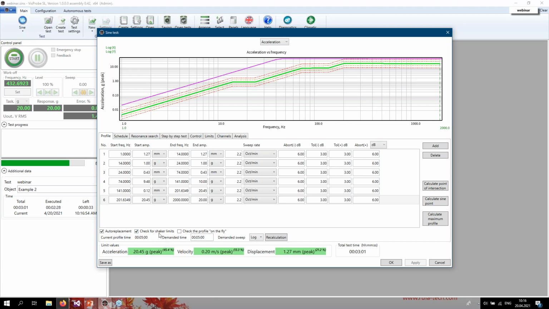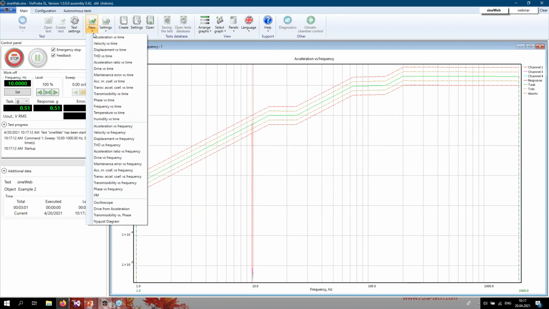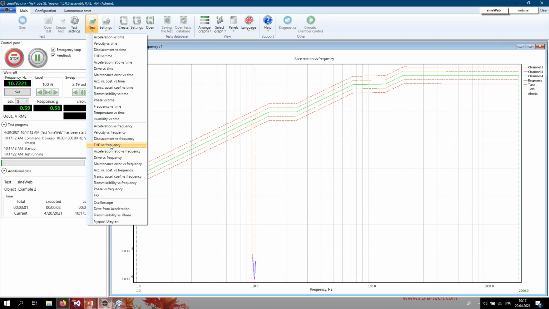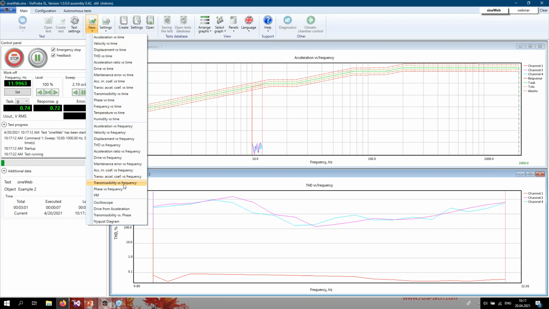So we're going to start our test with this checkbox selected. We apply our settings, see that we have the acceleration versus frequency graph, and now we are ready to start the test. We can see that this test is starting up, and now let's create some graphs. We are going to create a THD versus frequency graph, and another one will be transmissibility versus